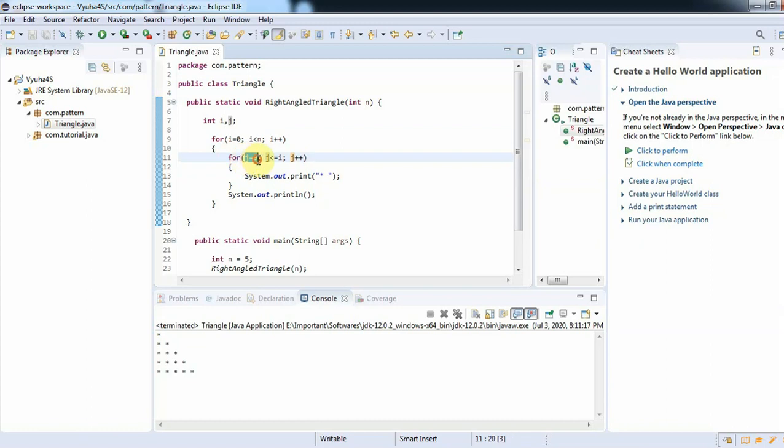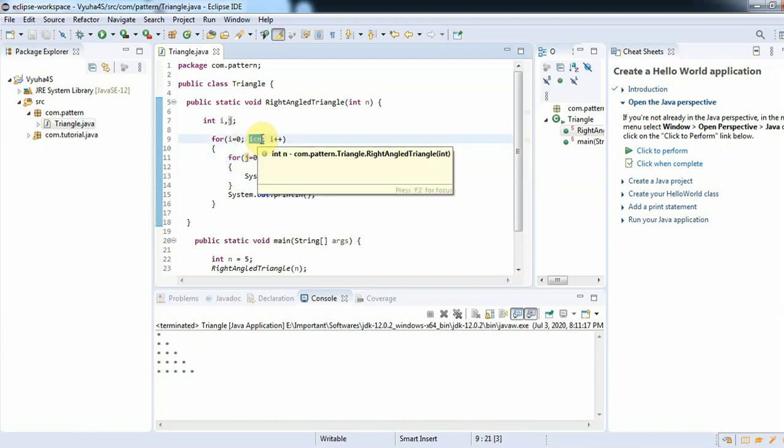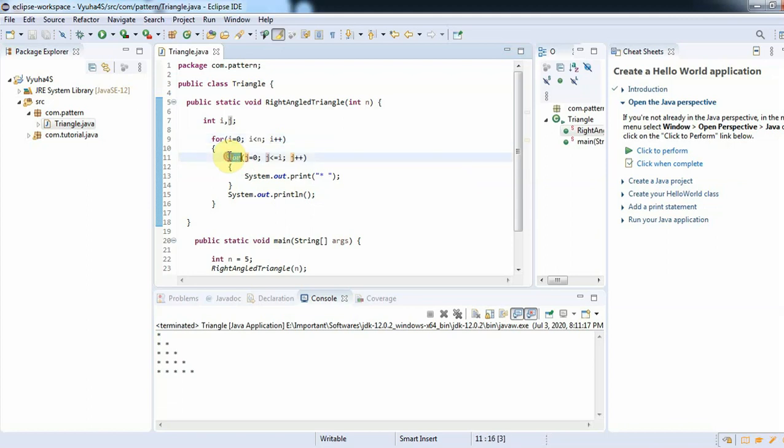Here j equal to 0 and j less than or equal to i. Until this condition is satisfied, the loop will iterate. In this case 1 less than 5, the condition is satisfied, so it enters here. The next time i will be incremented, and 2 less than 5, it compares in this way.